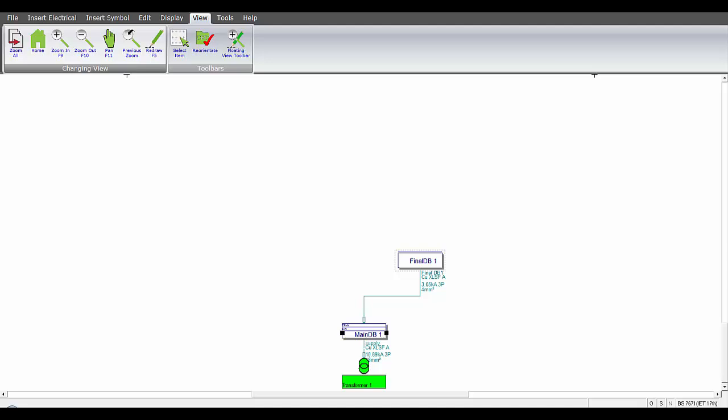Welcome to video number 4, creating boards. As a follow-on to video 3, you can see here we've added our final distribution board and the